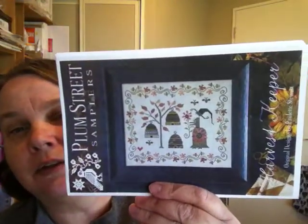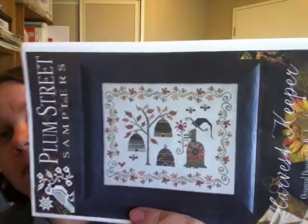Okay, the last thing I have to share with you today is a finish. Yay! She is done. Plum Street Samplers, Harvest Keeper. Oh, I didn't bring my book in. She was project 315,